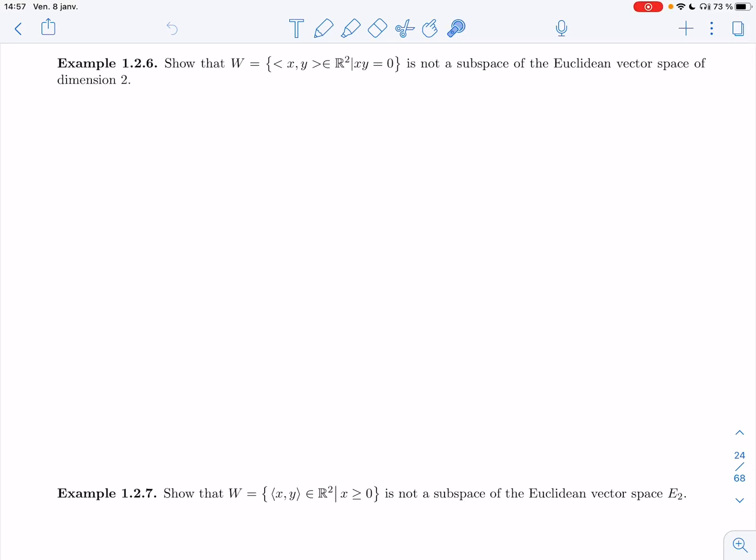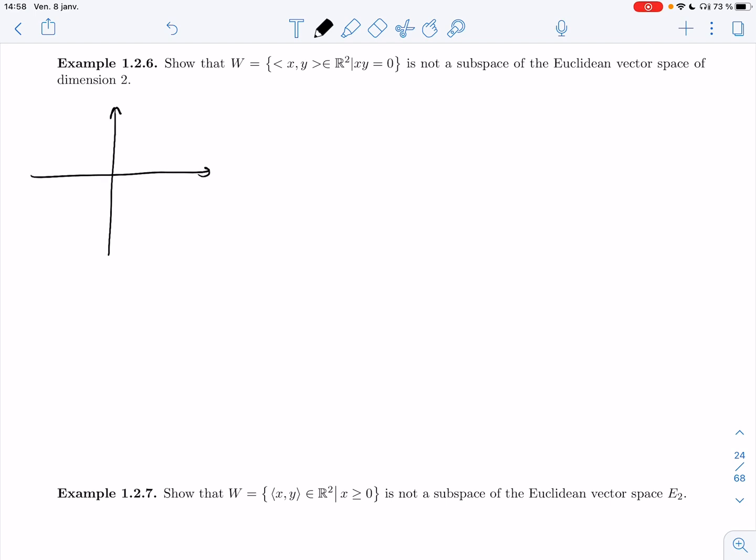In example 1.2.6, we need to show that this subset of R2, the subset of all xy so that x times y equals 0, is not a subspace of the Euclidean vector space of dimension 2. So vectors with the usual addition and scalar multiplication. All right, let me